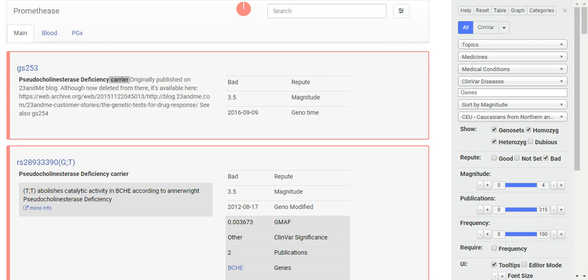Let's see. I think it was this one. Yes, it was this one. And then you could read about it if you do have the deficiency, and it's an increased risk of prolonged paralysis after the administration of drugs used during anesthesia. So it's good to know.